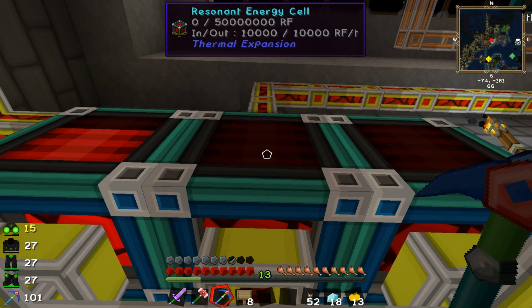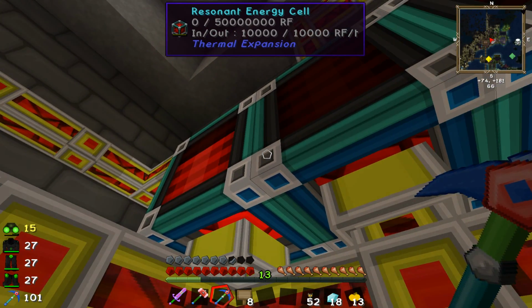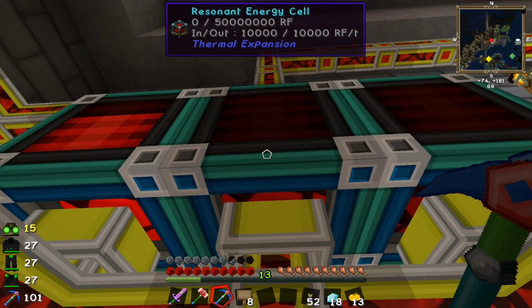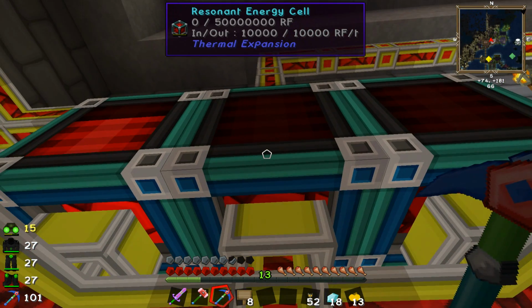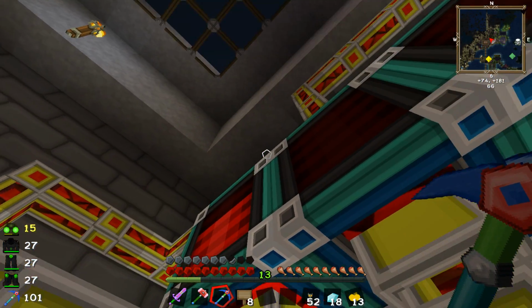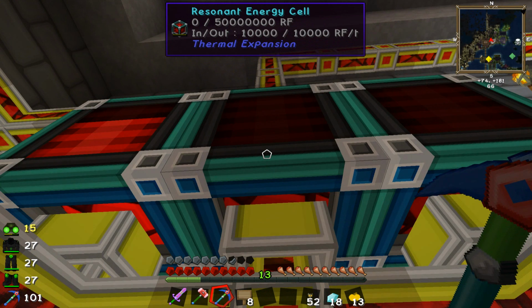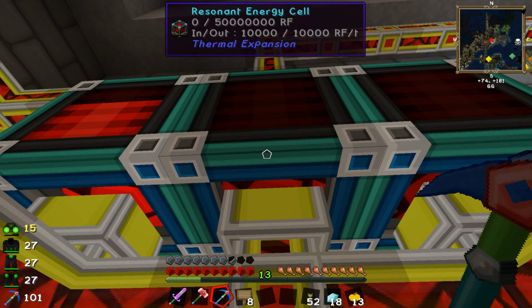As you can see here, we have 3 Resonant Energy Cells. I replaced the Redstone Energy Cells with Resonant Energy Cells. One of these is the equivalent of 5 of the other ones, and I have 3 of them, so that is a total of 150 million RF storage. The only downside is